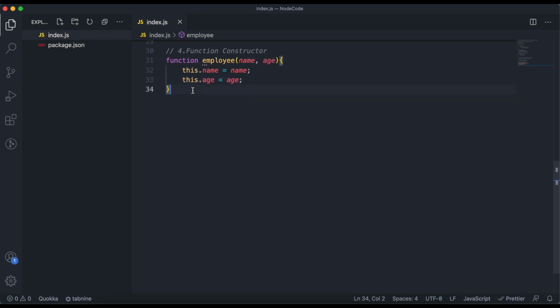Now you can see we have created a function employee that contains two parameters, name and age. Now we are calling this function using the new operator. In this case this function acts as a constructor type and it returns an object. So for that we are creating one object o1 and we are calling this function employee